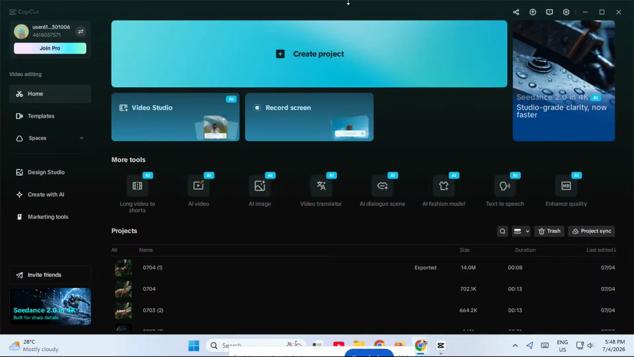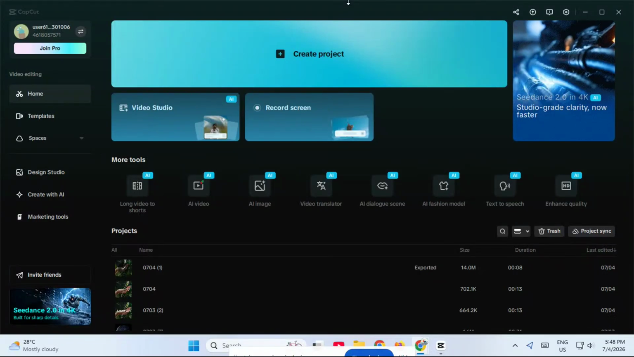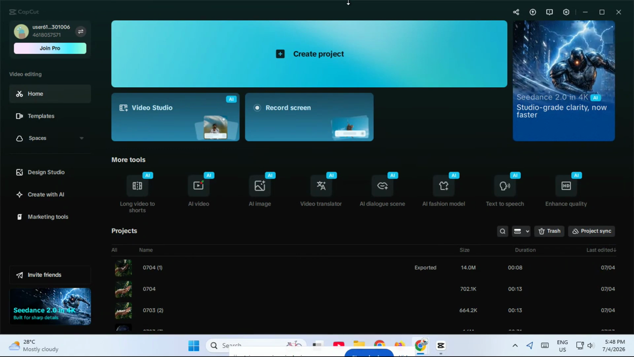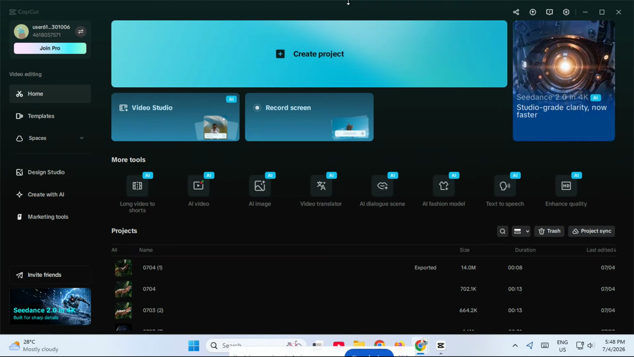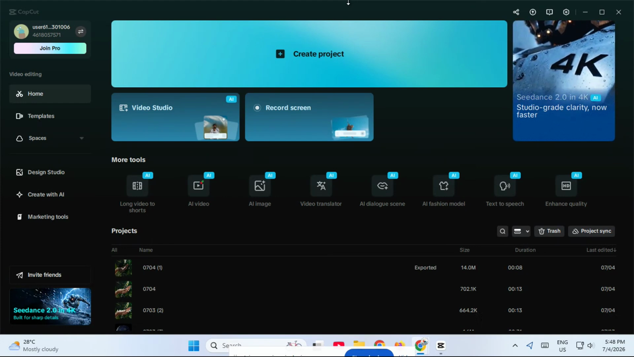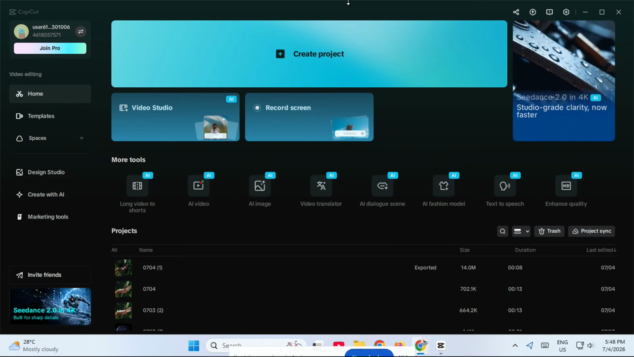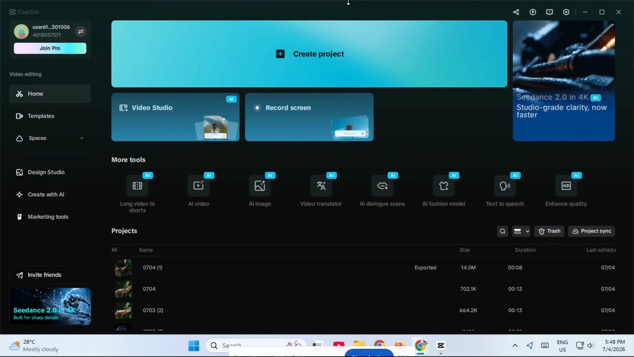In today's video, I'm going to show you how to upload a CapCut project to the cloud in just a few simple steps. This is a really useful feature if you want to back up your work, access your project on another device, or keep your editing process more organized and secure. If you're working on a big edit, uploading your project to the cloud can save you a lot of time